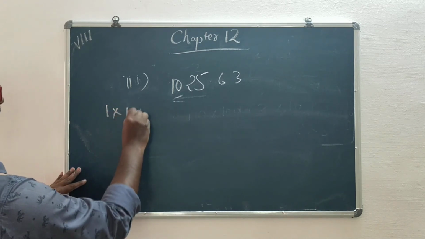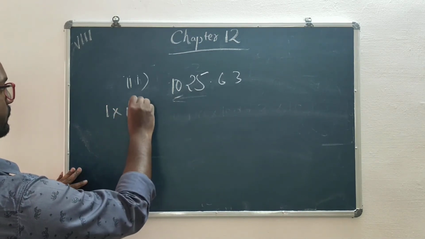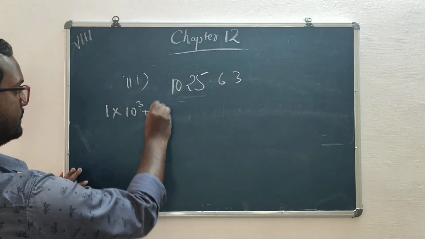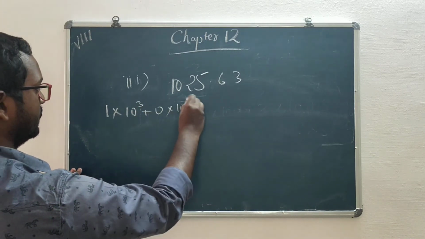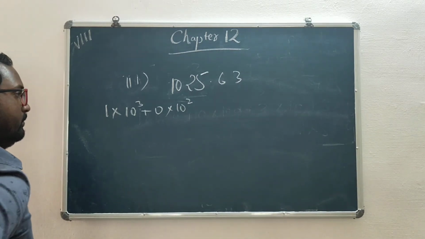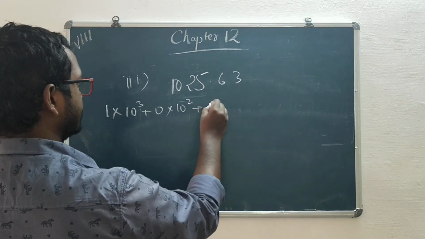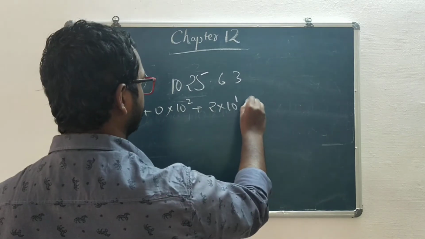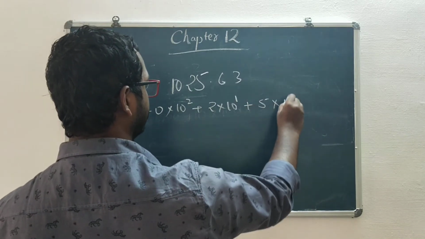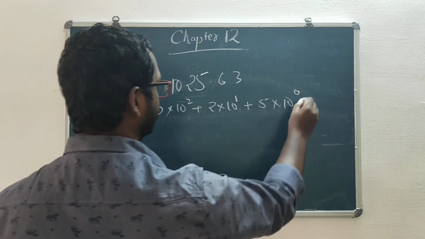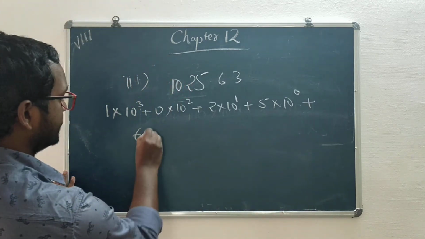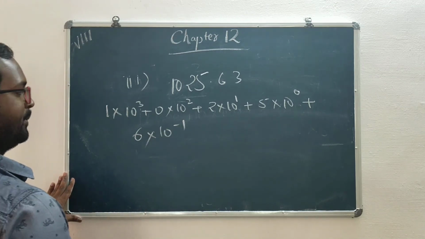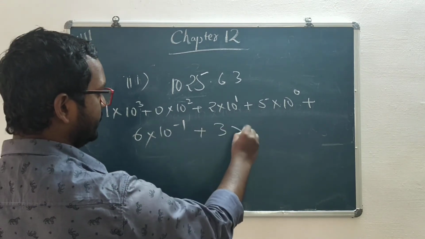One into 1, 2, 3, 4. 1's, 10's, 100,000 plus 0 into 10 power 2 plus 2 into 10 power 1 plus 5 into 10 power 0 plus 6 into 1 by 10 becomes 10 power minus 1 plus 3 into